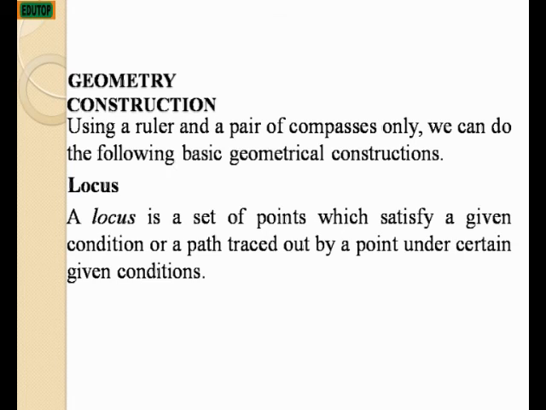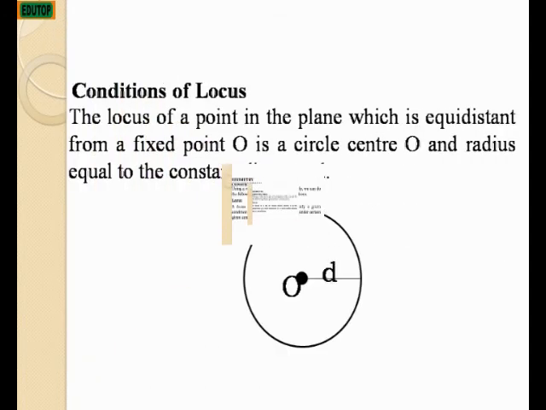Now, an aspect which is crucial under construction is locus. The locus is a set of points which satisfies a given condition, or a path traced out by a point under certain given conditions. Part of the conditions: the locus of a point in the plane which is equidistant from a fixed